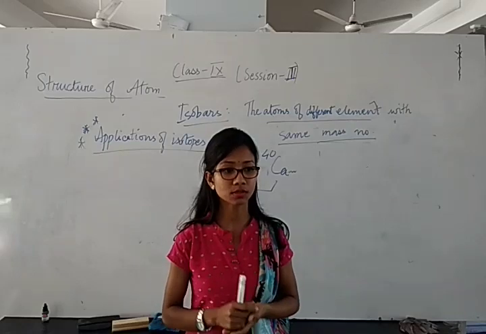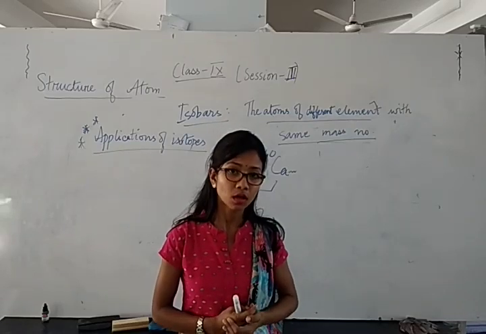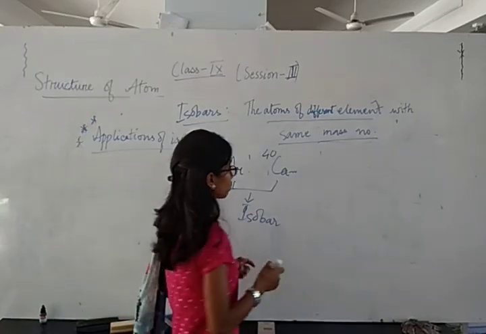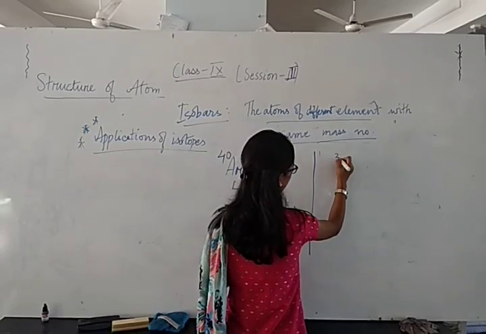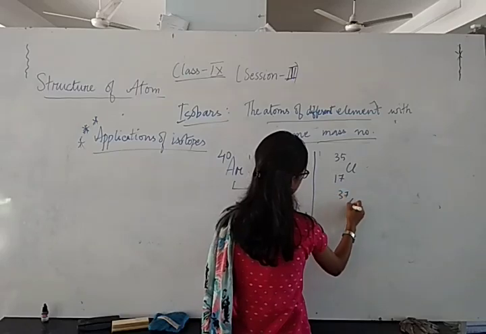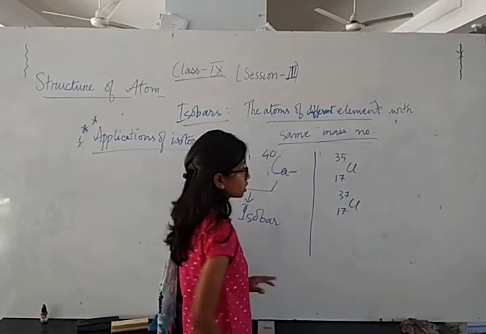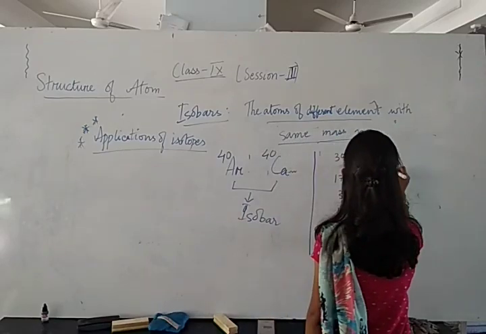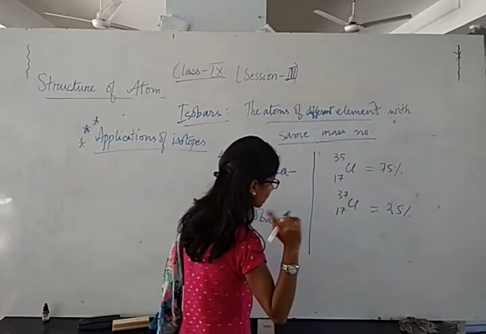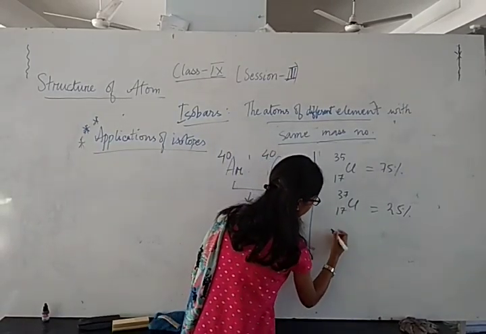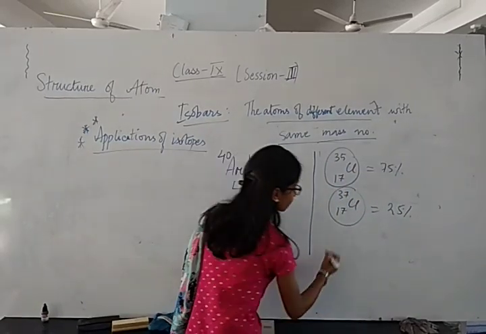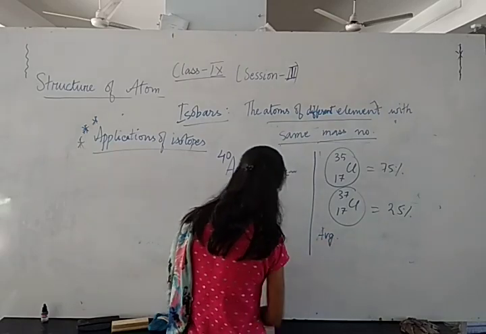The remaining questions I will give you. Some of the question answers you have to do, some I will do. Now, one question is that you have to calculate the atomic mass of chlorine, 17 37 Cl 35. The natural abundance is given here as 75% and here as 25%. You have to calculate the average atomic mass, for the isotope of chlorine 35 and the isotope of chlorine 37.